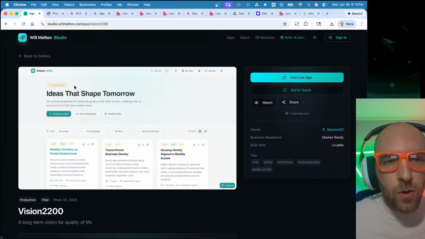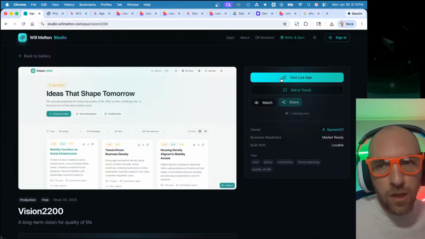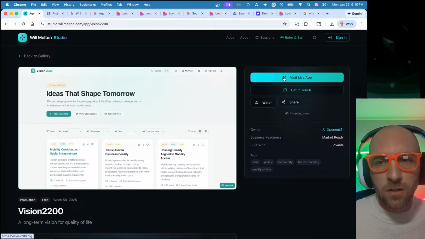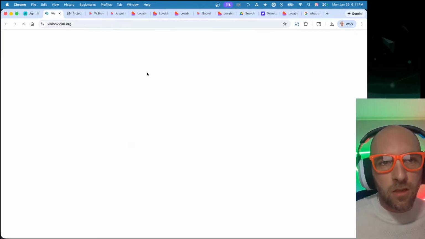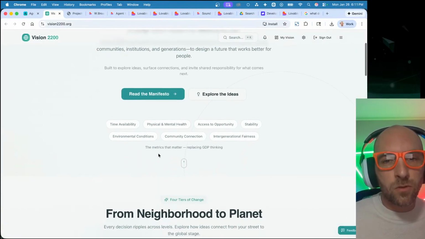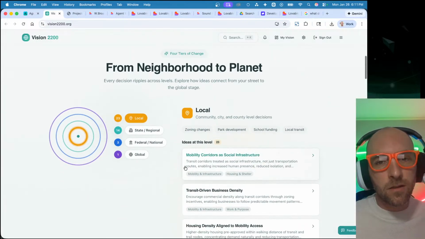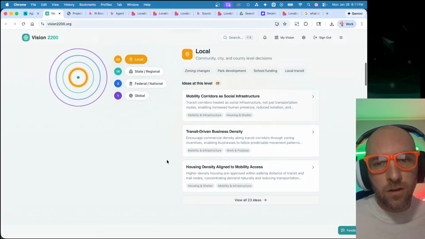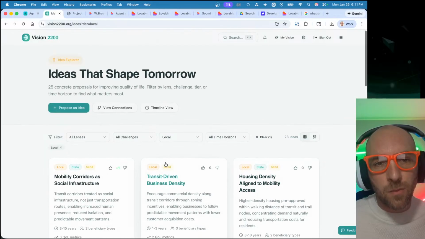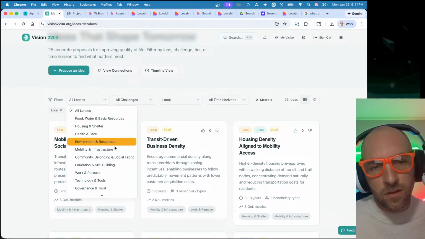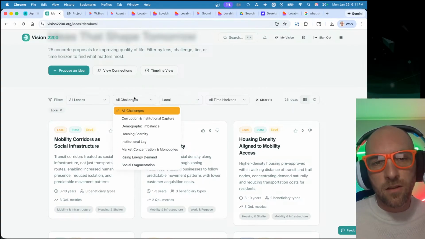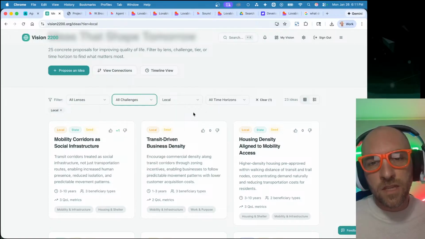Vision 2200. So, this is an application that I built in a weekend a couple of weeks ago before Christmas. This application allows users to be able to explore ideas that are in the Vision 2200 project. And these are various ideas that span all kinds of sectors of our society, challenge areas, and tiers of